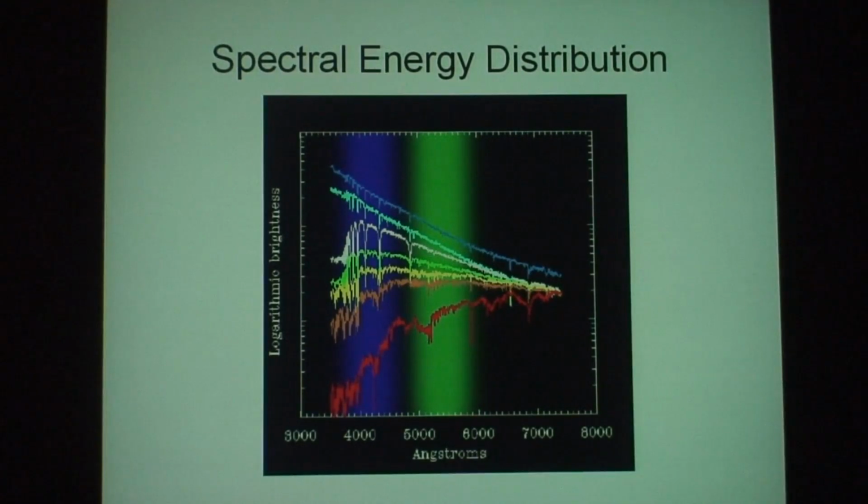So, if we measure the brightness of a star in two separate colors, in this case we're going to use green and blue, that can give us a good guideline as to its temperature. You can see the cool red star is much brighter in green than it is in blue, a yellow star, they're about the same. And for a very hot star, the blue is actually much brighter than the green.